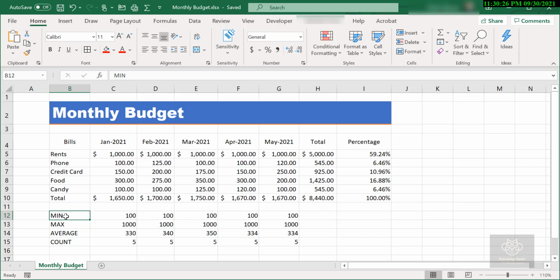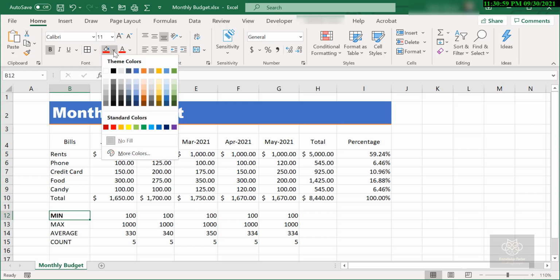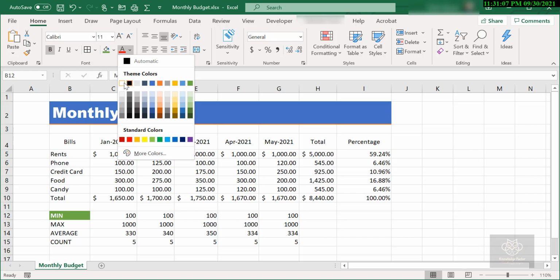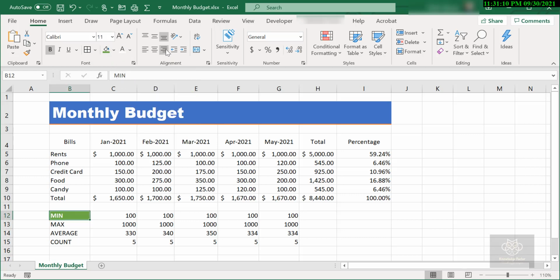So first step, I'm going to go to cell B12. With that cell selected, I'm now going to format it, and you decide what you want to do here. I'm going to make it bold, and then I'm going to use a background color. So maybe I want to use green, and I want to change the font color to white, and I'm going to right align the text. So this is how it looks. Looks pretty good, right? Those were 4 or 5 steps that I just went through to apply the formatting on that cell. Right now it's looking like this.